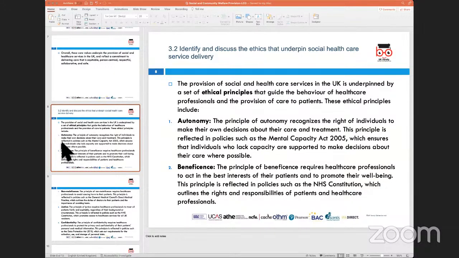Now, an example here would be when you look at the COVID pandemic. A lot of health and social care workers also got infected, and there was a lot of loss of life within the fraternity, which is some doctors, nurses, and healthcare workers who also lost their life while selflessly serving members of the public